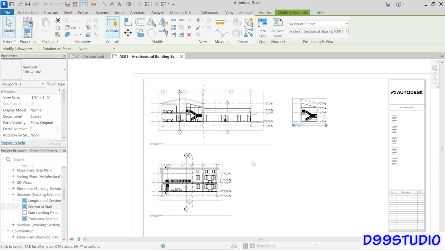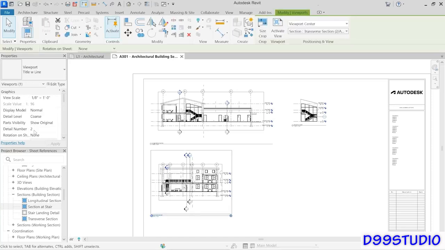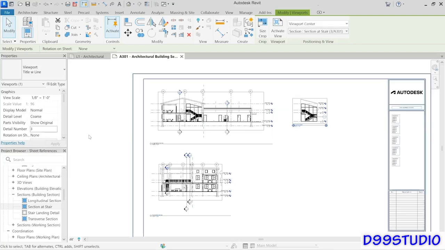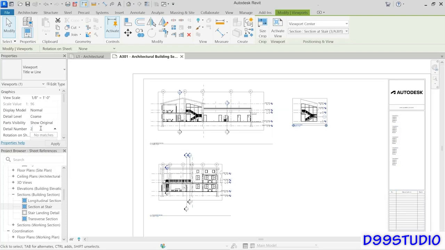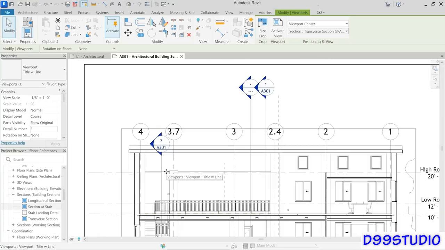So the workaround is a little silly, but take this one, change it temporarily to something that's not being used, like number 4, that frees up number 2. I come back and select it here and make that one number 2 now without warning. And then I can take this one and change it to 3. And now I've renumbered all of those to my desired order, and all of the references will take care of